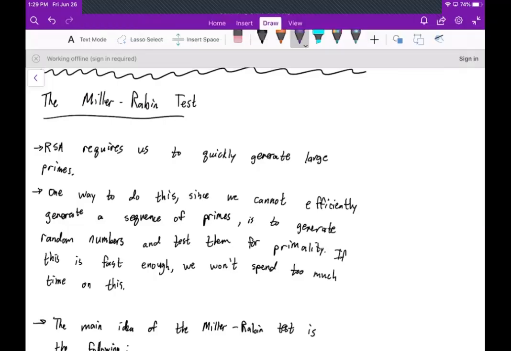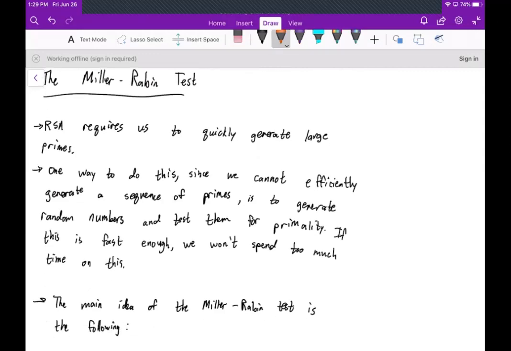Okay, guys, welcome. Today we're going to talk about the Miller-Rabin test. Now, in a previous video, we talked about RSA encryption, and that requires us to quickly generate very large